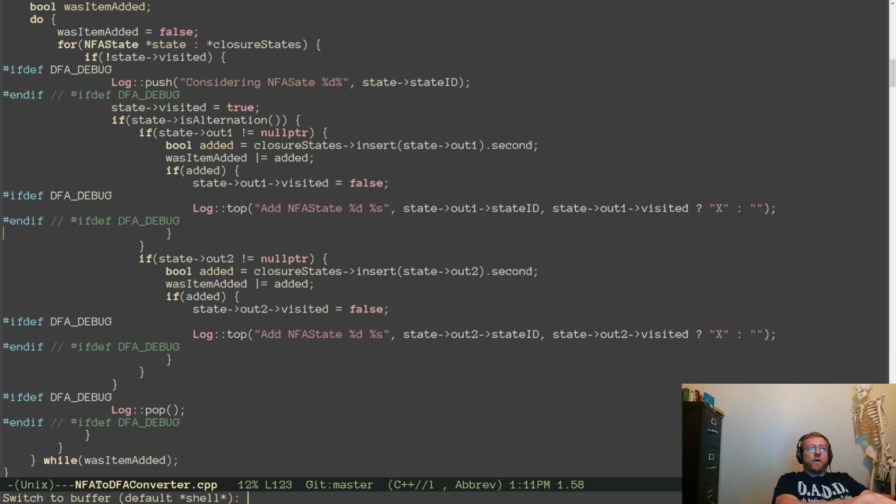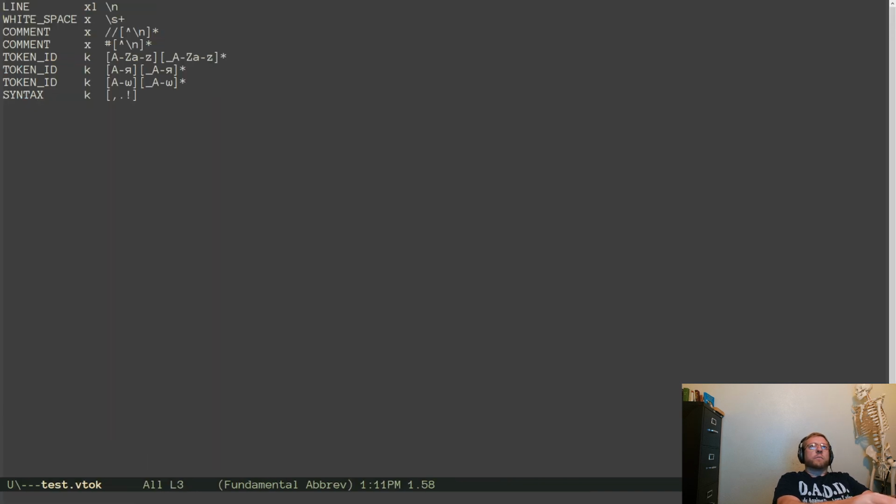If we go to our test.btoke, we should be able to put string back in here. String will be kept. It's a quote, ending with a quote. Anything which is not a quote or a backslash followed by any character.